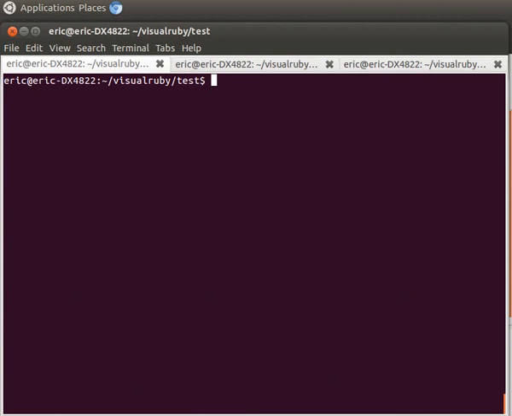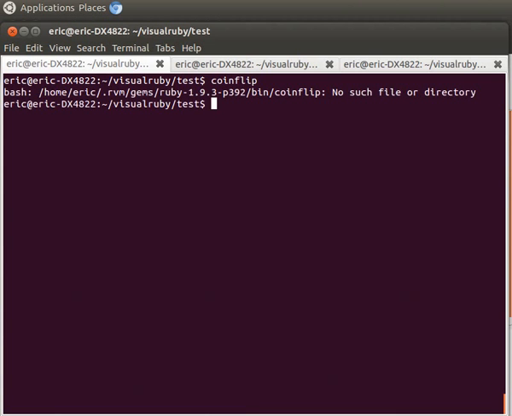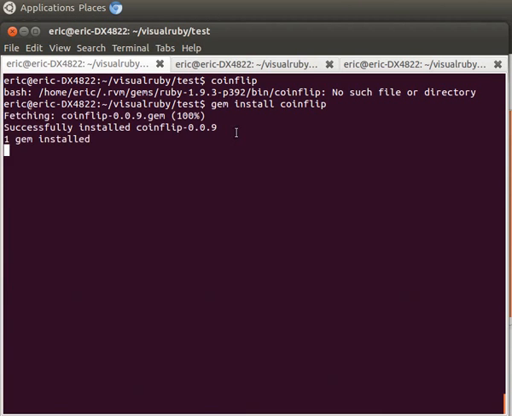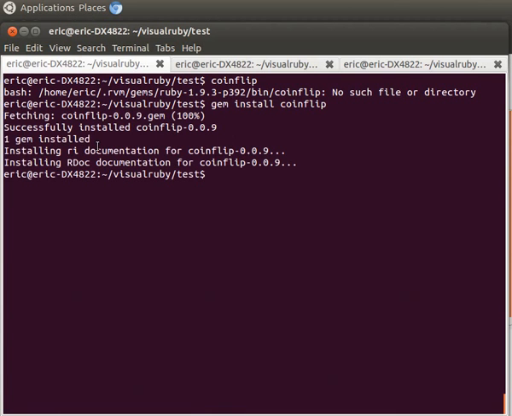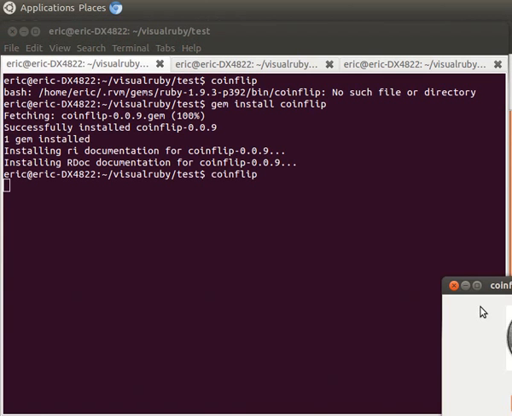So if we type in CoinFlip, it doesn't come up with anything, no file or directory. So we're going to go gem install CoinFlip, and it should install the program, and it should work. Here we go. Okay, so it's fetching one gem installed, and now we have CoinFlip installed, and it comes up